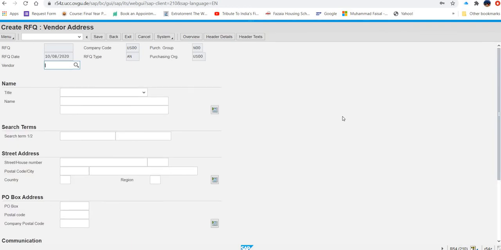And in the vendor address, what they are asking us to do, your vendor address, I think. Vendor list, the name was Midwest Supply, city is Lincoln. So what is required? Here on this screen, you have to see the vendor address screen to find your vendor. Instead of finding the vendor, what can I do? I have already noted down the number. So I will type that number directly.